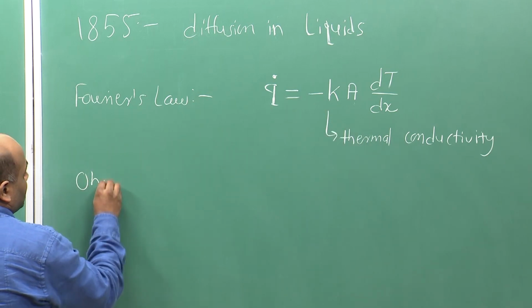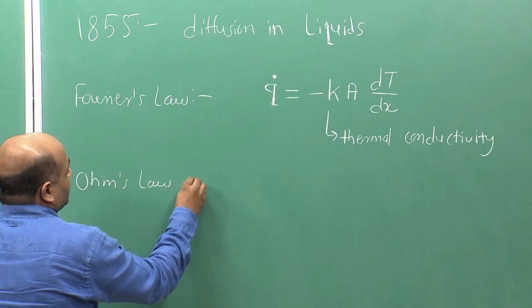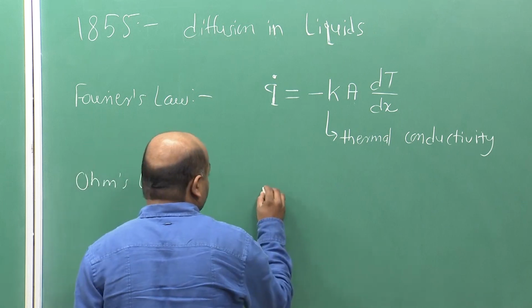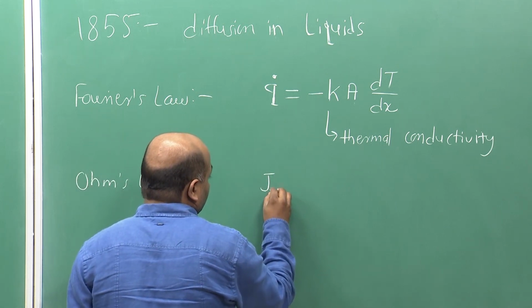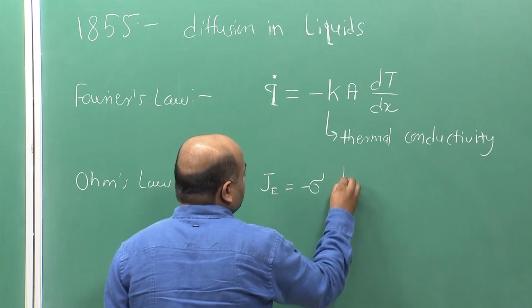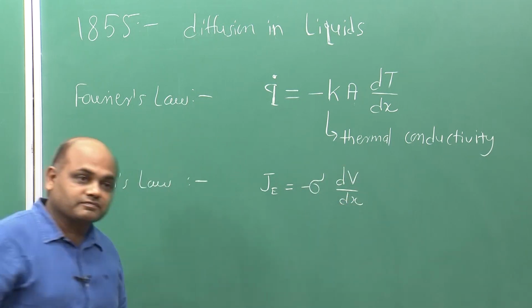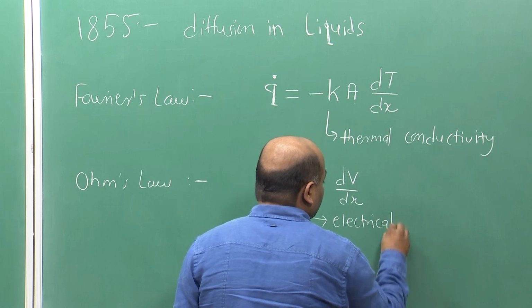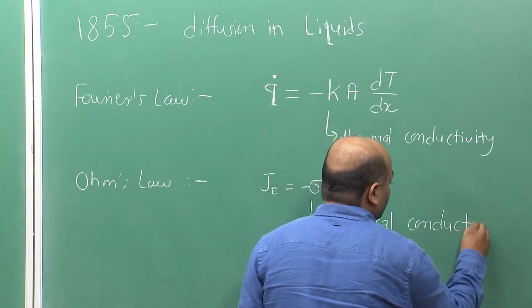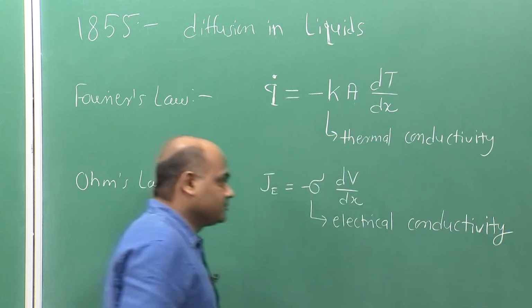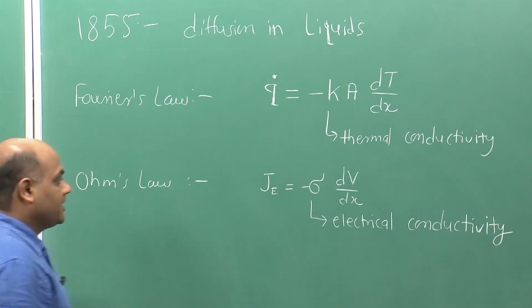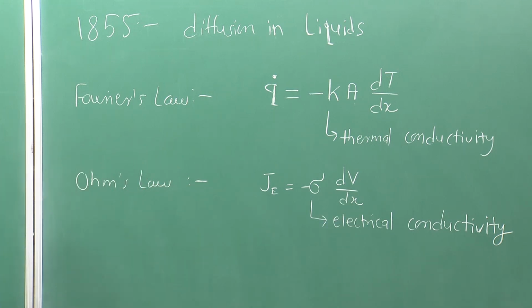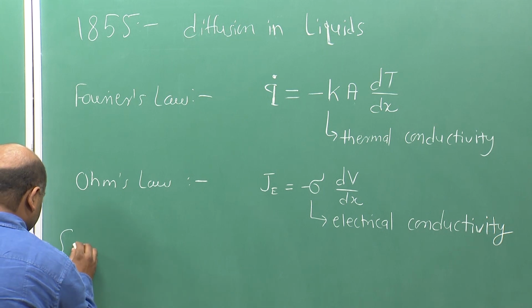Similarly, in Ohm's law, you can write J_E is equal to minus sigma dV by dx. In this case, sigma is the electrical conductivity, and dV by dx is the electric potential gradient. So, by drawing this analogy, Fick proposed, in his original notations, for the amount of salt